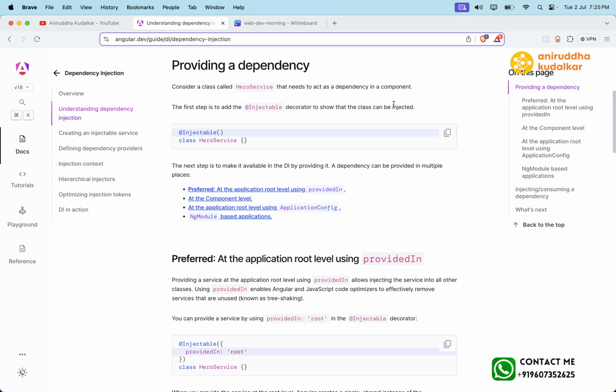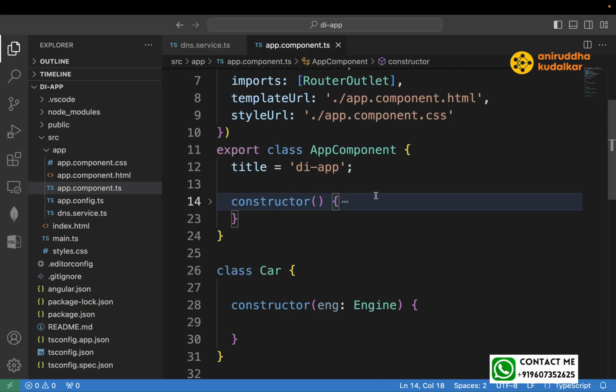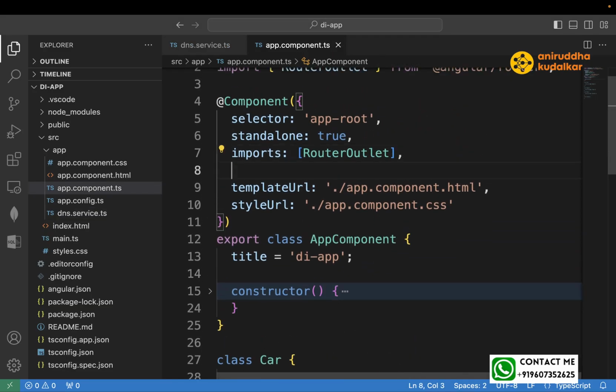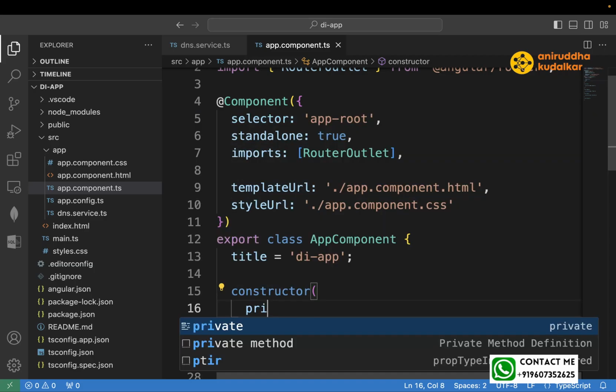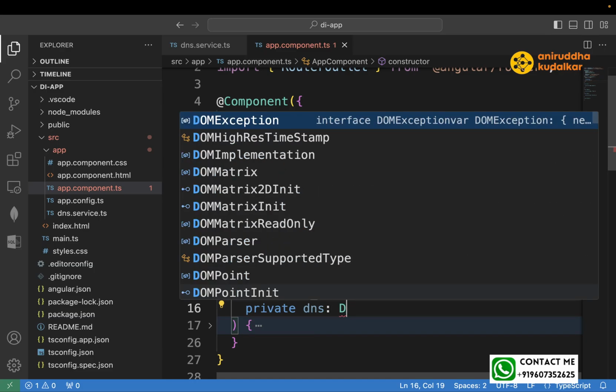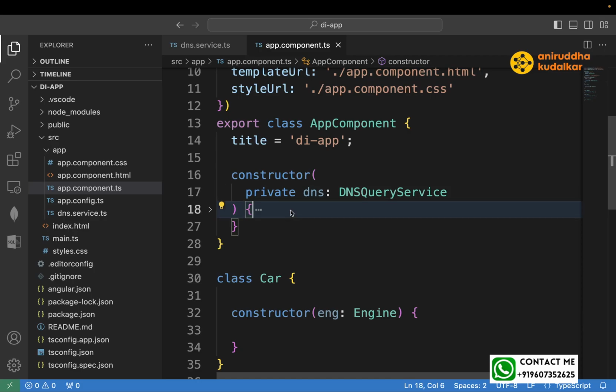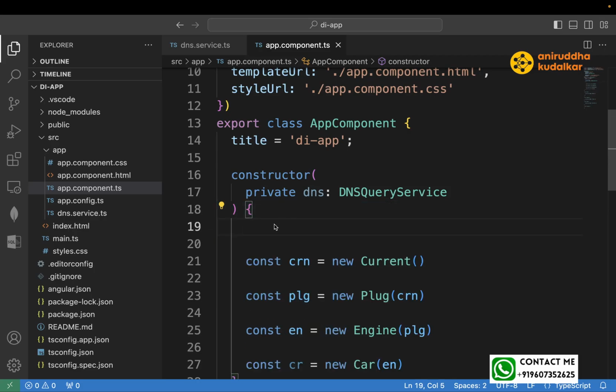Right? A decorator shows that the class can be injected. Now, what do you mean by injected? Here, first I can inject the class, private DNS. Here I can say DNS query service. Okay, if I do this thing, DNS query service,